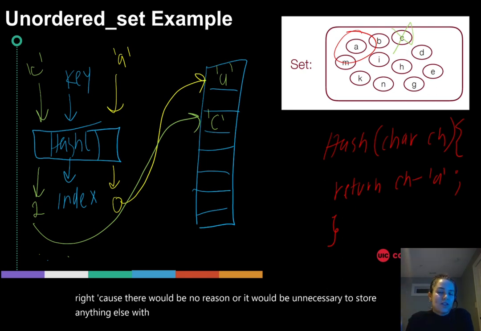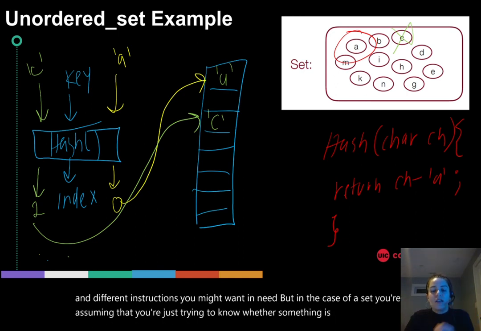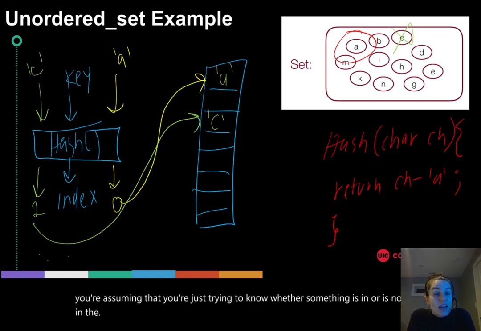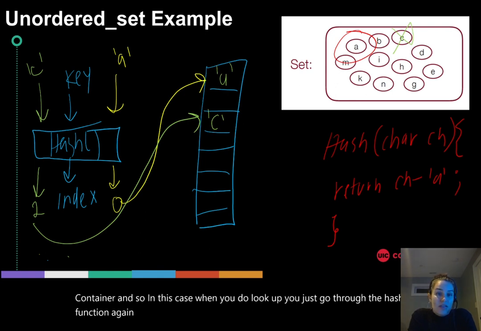Obviously, there's all sorts of different data structures and different abstractions you might want and need, but in the case of a set, you're assuming that you're just trying to know whether something is in or is not in the container. And so in this case, when you do lookup, you just go through the hash function again and see if something is in that